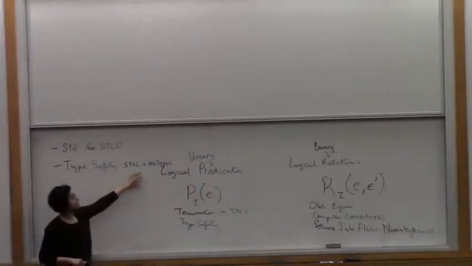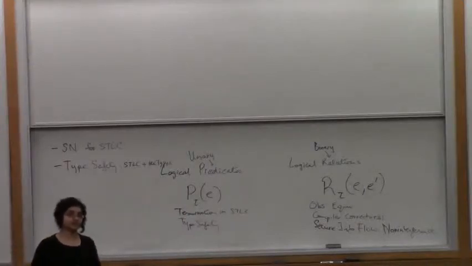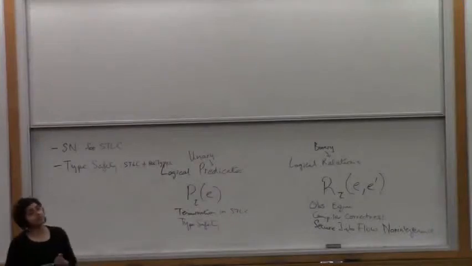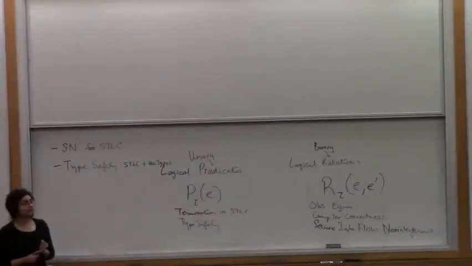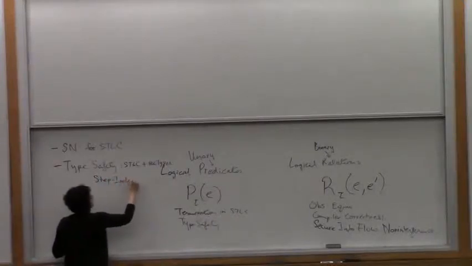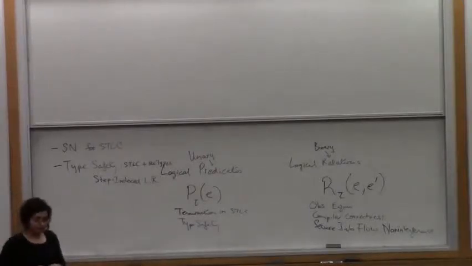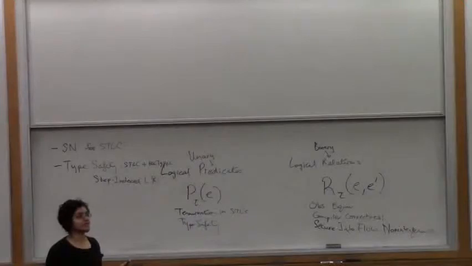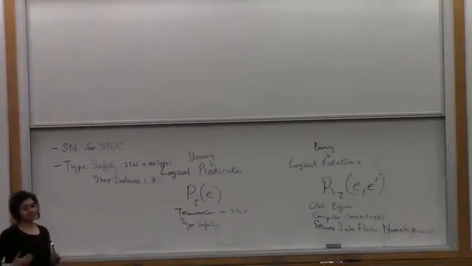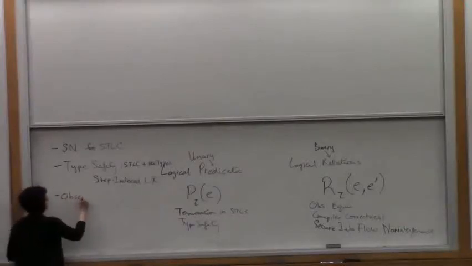This will be my way to get into how you have to set up logical relations when you have these more advanced type features. We'll start with recursive types, and I'll show you step-indexed logical relations. Step indexing is a form of logical relations that's been used with a lot of success in many different settings. Basically, anytime you run into certain forms of circularities, this comes in handy. Okay, so we'll talk about that,